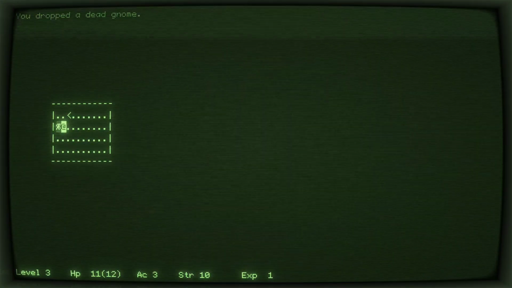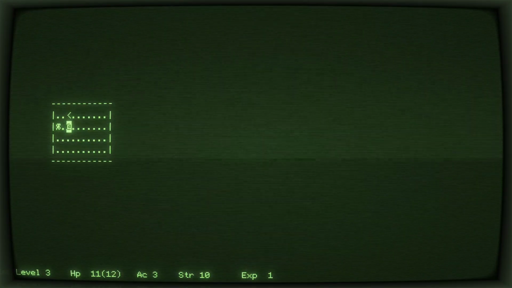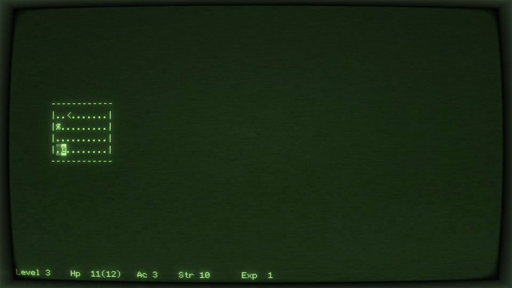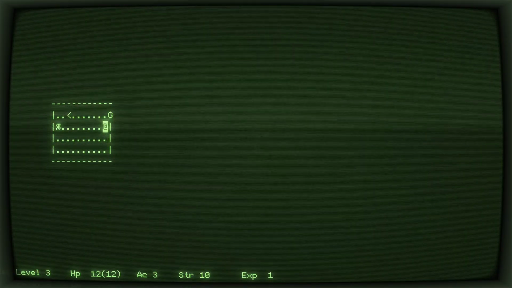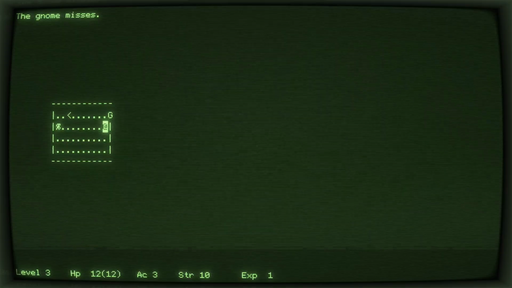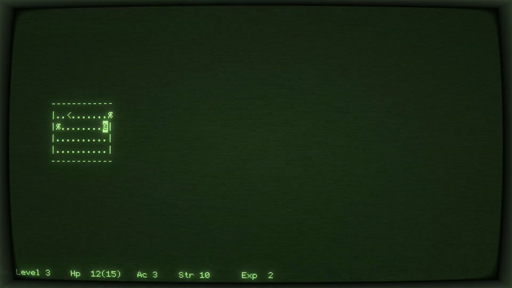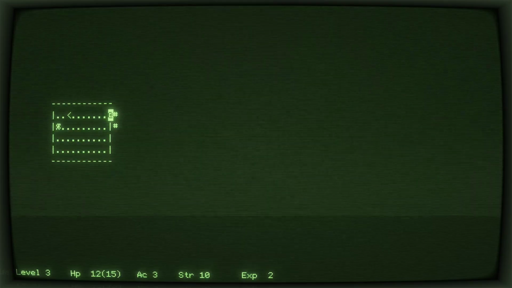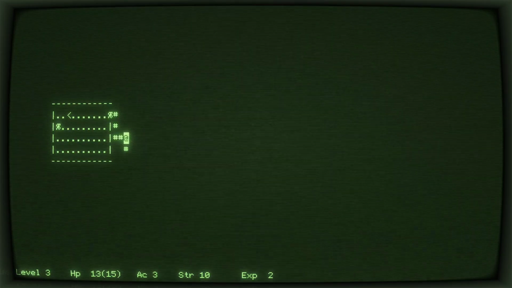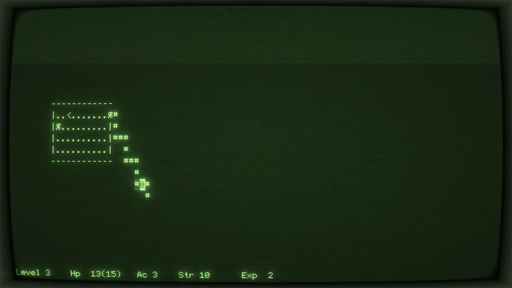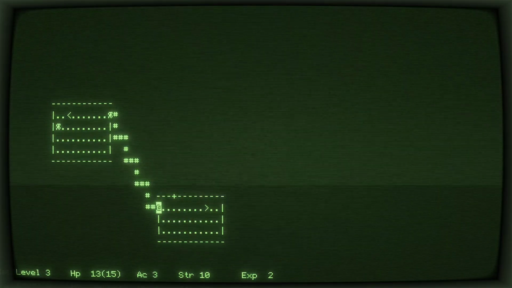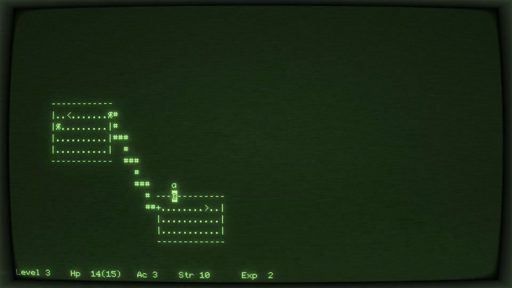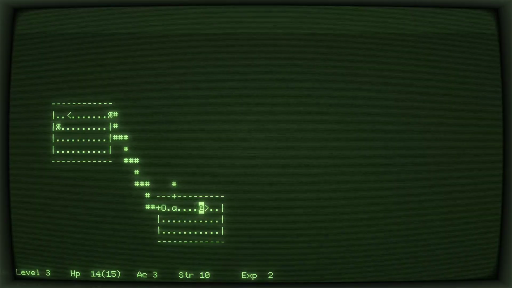Let's drop the dead gnome. We see no doors out of here, so I'm going to search around for secret doors. There must be secret doors. Oh! The gnome revealed one of the secret doors. Now, if we don't want to pick up the corpse, we can type M and then move. Then we don't pick it up. Okay. So we continue exploring. Don't want to mess with the acid blob.